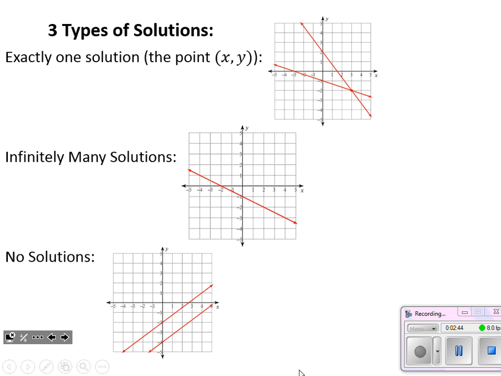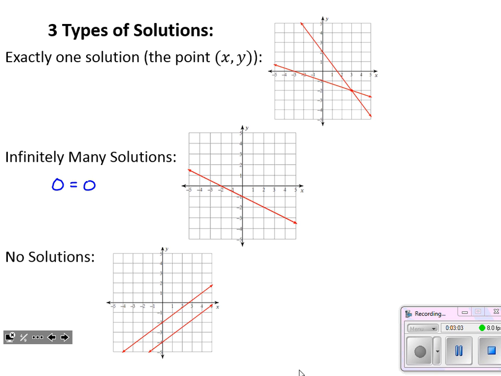We have infinitely many solutions when the graphs are intersecting at infinitely many points. And how we note this, say we didn't have a graph to work with, we're solving by substitution or elimination. We would know that this happens when we get 0 equals 0 after all of our algebra has occurred.